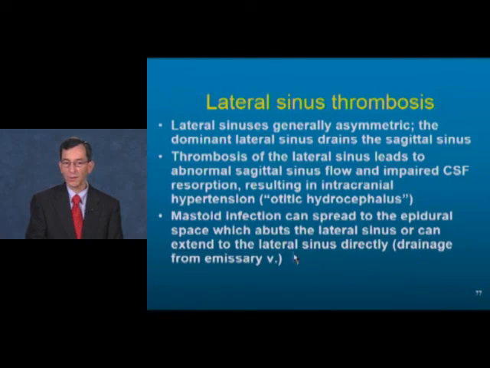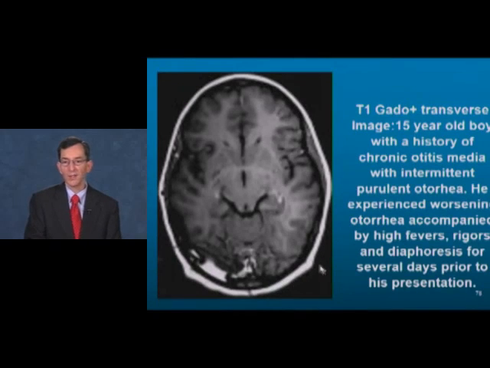Infection can also be due directly from the mastoid, which spreads to the epidural space, which in turn abuts the lateral sinus, leading to a lateral sinus thrombosis. And this diagnosis can be made or confirmed by cross-sectional imaging, either by CT scan with CT angiography or by MRI with contrast. And you can see that the left side here has no flow. And so this was thrombosed. This then defines the problem, leading to anticoagulation and antibiotic therapy and drainage of the feeding focus, such as the